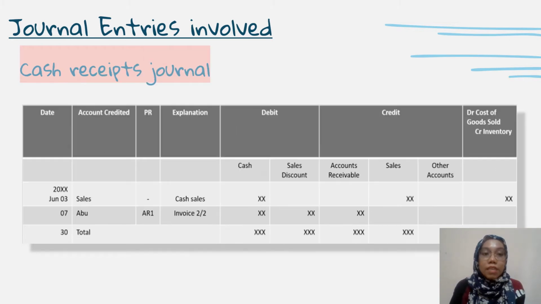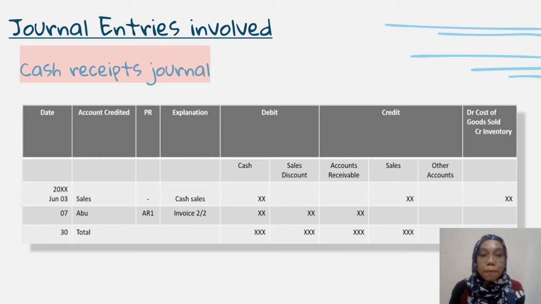The second journal entry involved is cash receipts journal, and if you can see in the table on 3rd June, the account credited is sales, so we have to debit cash, credit sales, and also debit cost of goods sold, credit inventory. And as you can see, you can read the other journals written on the different dates for cash